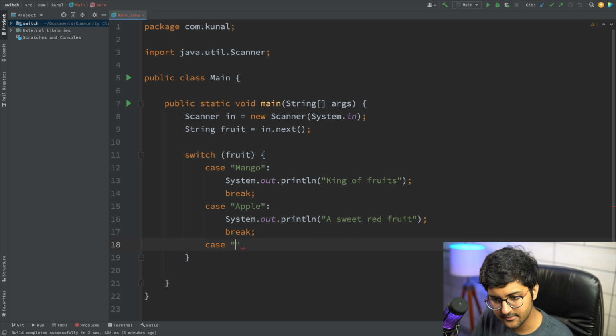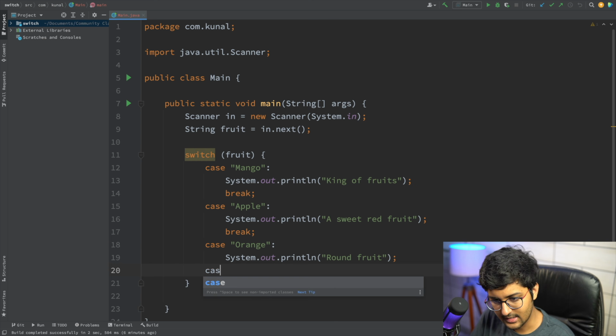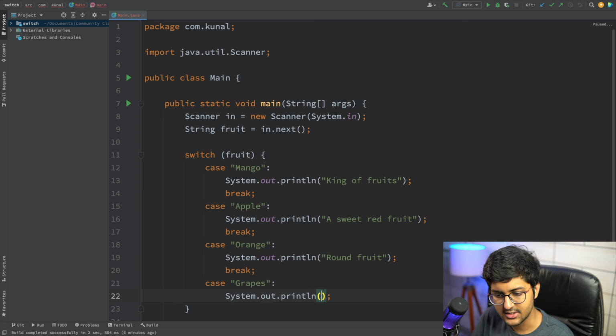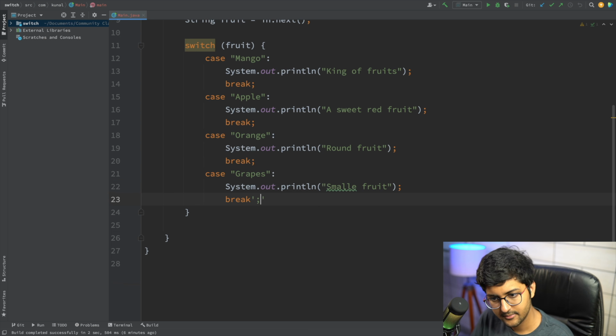Third case will be orange. I'll say something like round fruit, and I can add a break over here. Then I have a case of grapes. Then I can just print something like small fruit. Break.